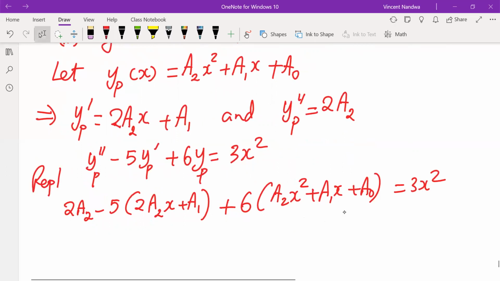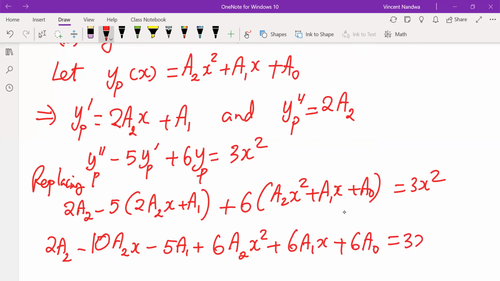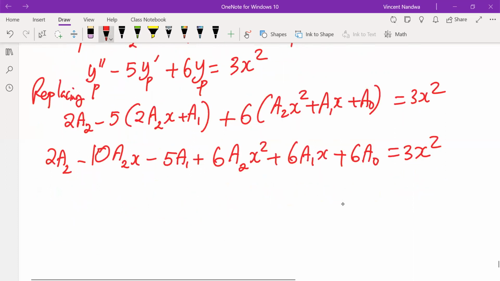So this is replacing. So I'll have 2a2 minus 10a2x minus 5a1 plus 6a2x squared plus 6a1x plus 6a naught equals 3x squared. So rearranging the left-hand side, we have